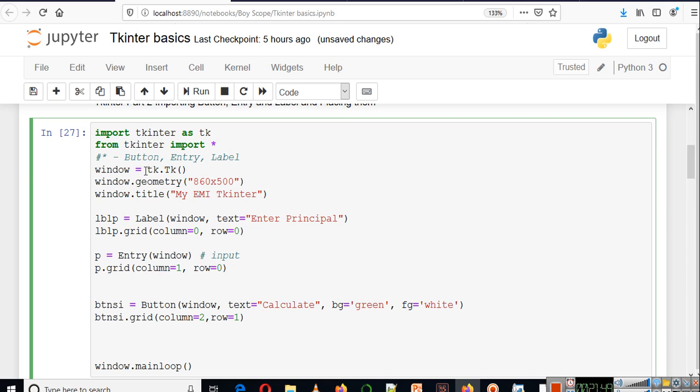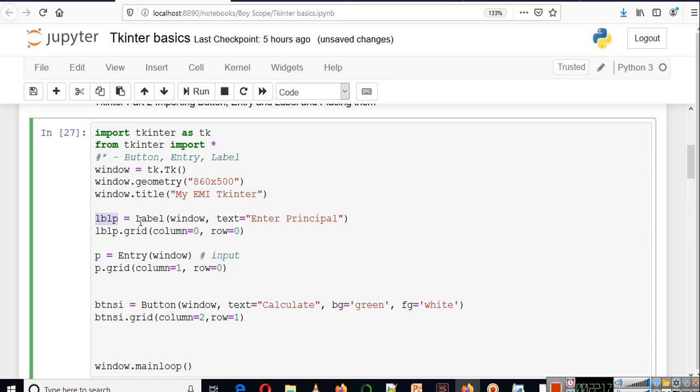Window is equal to tk dot Tk. This will create a window for us, and now this window will have a geometry of 860 into 500. The title of this window will be My EMI tkinter. It can be anything.